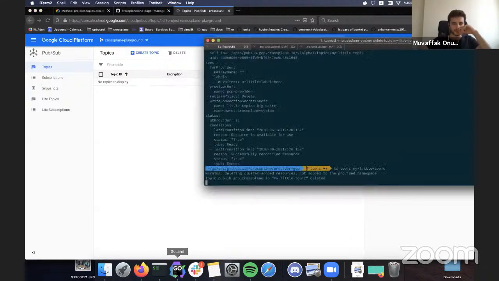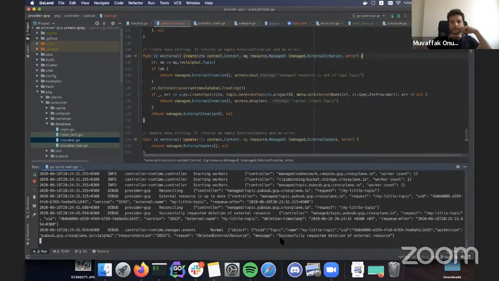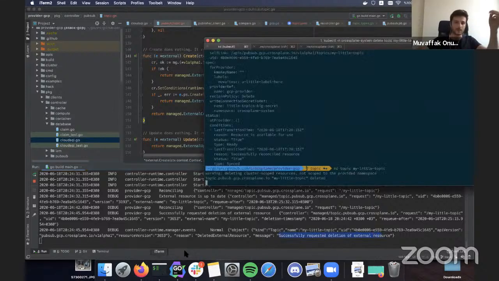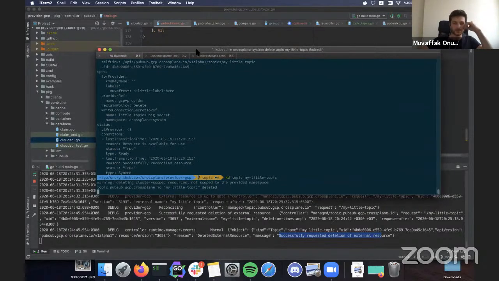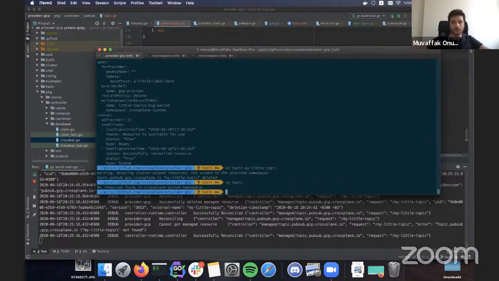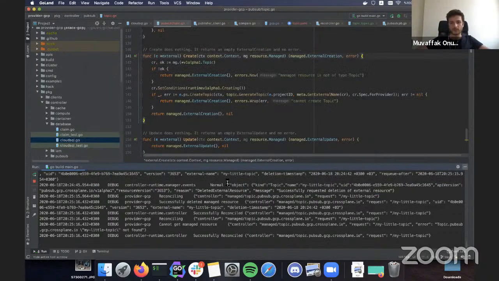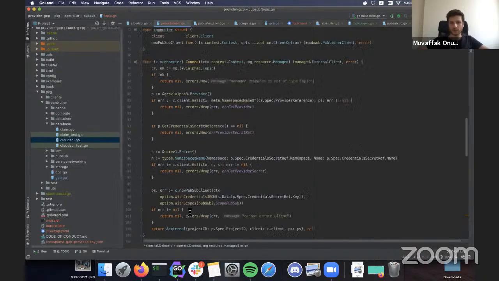Now Crossplane will confirm that it is indeed gone. See here, for example, an event is published as successfully requested deletion, but that doesn't mean it's gone. Cool, it's gone. All right, so we've got the deletion as well. So we've got almost the full cycle of the resource, you see.